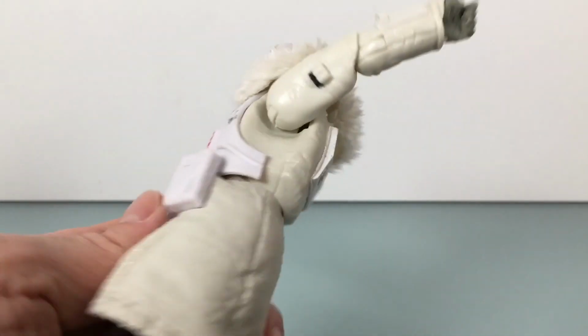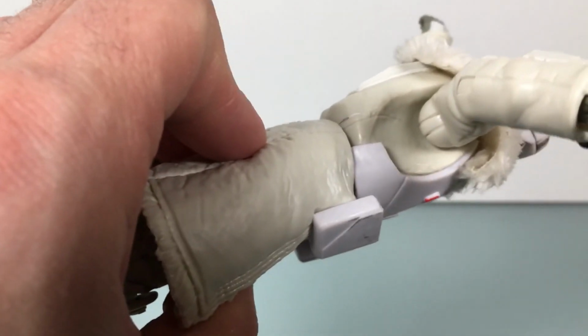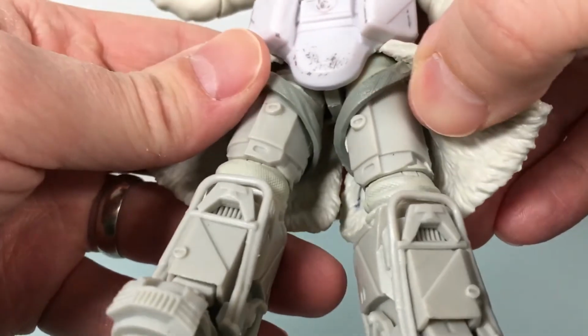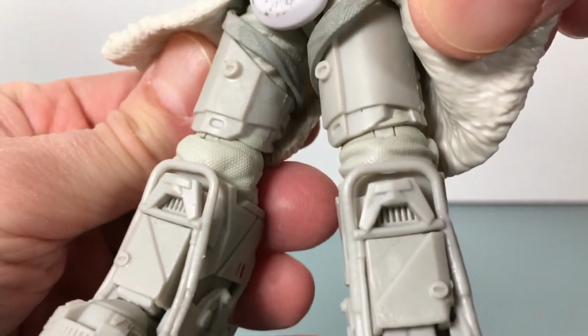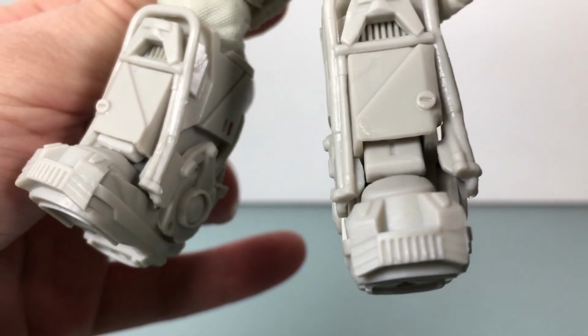I mean, that's probably just, can't do anything about that. It's the design of the movie, but maybe you can. I don't know. Something's weird with that to me. Going back down, again, I like these straps that connect. The armor on the legs looks really good. Now you've got no shading at all or paint, but the sculpt is very nice all going down, and